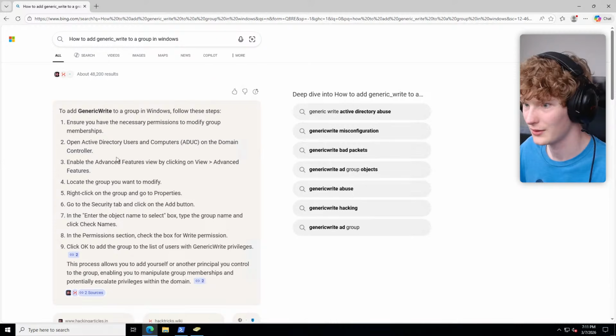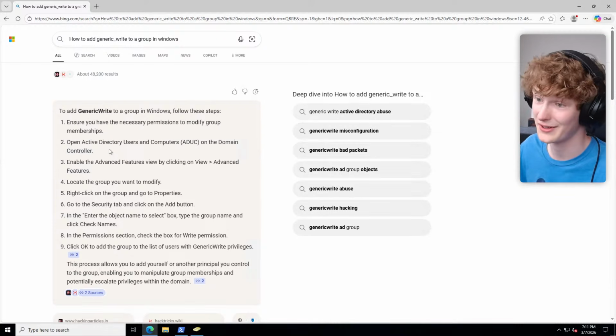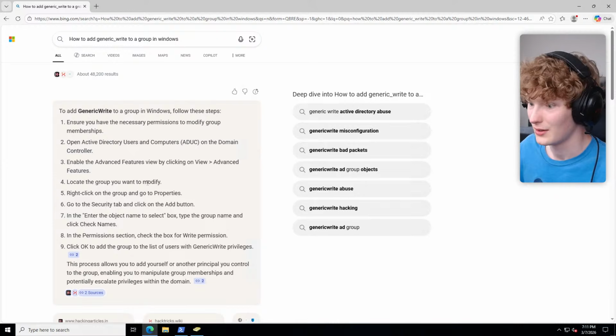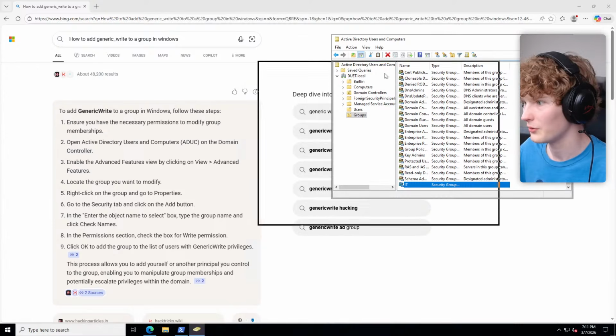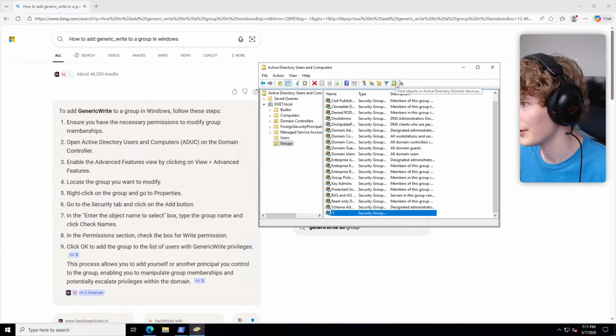Okay. Advanced features. That's what I was missing. I was missing the advanced features. Okay. Features view. Properties. Okay, got it. So we need to go here. Where is advanced view?